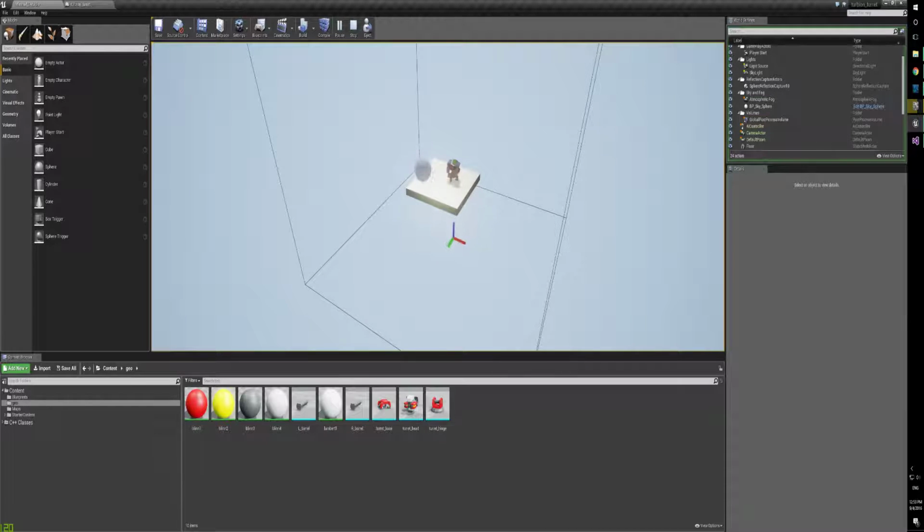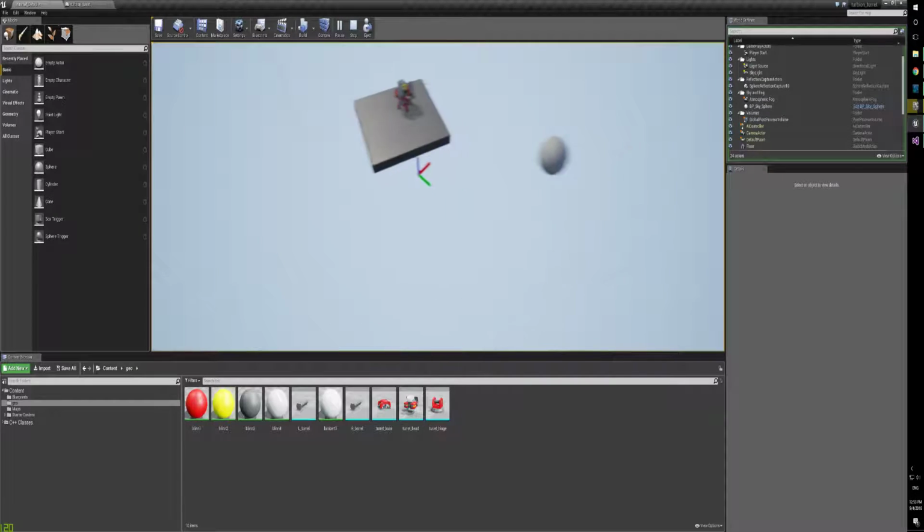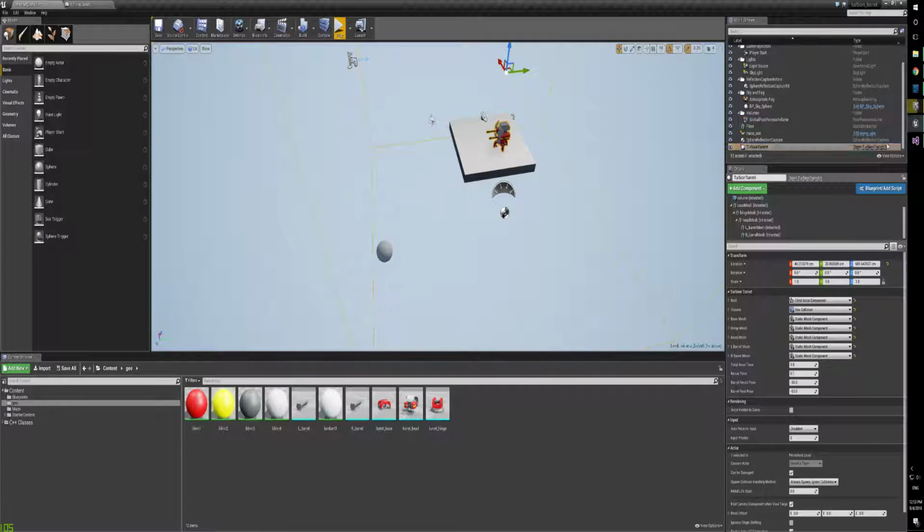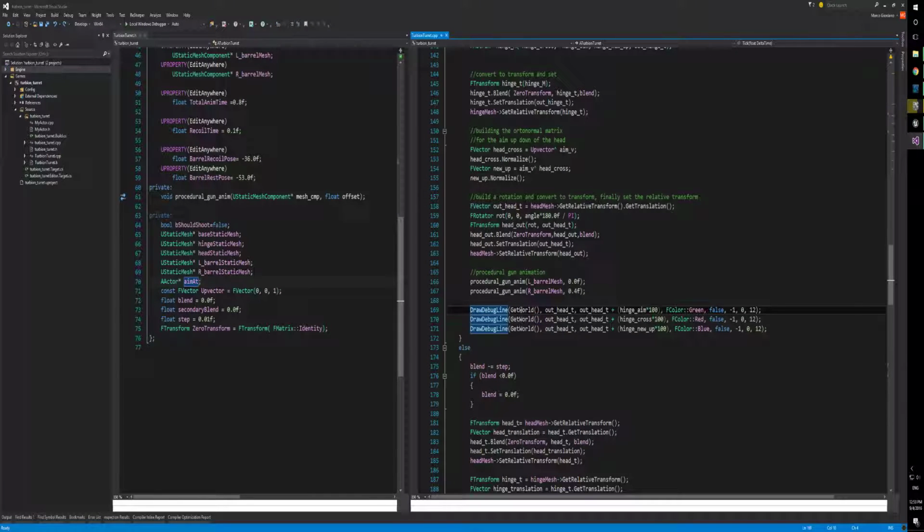Alright, that was super useful to basically visualize the matrix I was building, right? So you see it's an orthonormal matrix, it's really good. So I suggest you do the same. And the way it works is